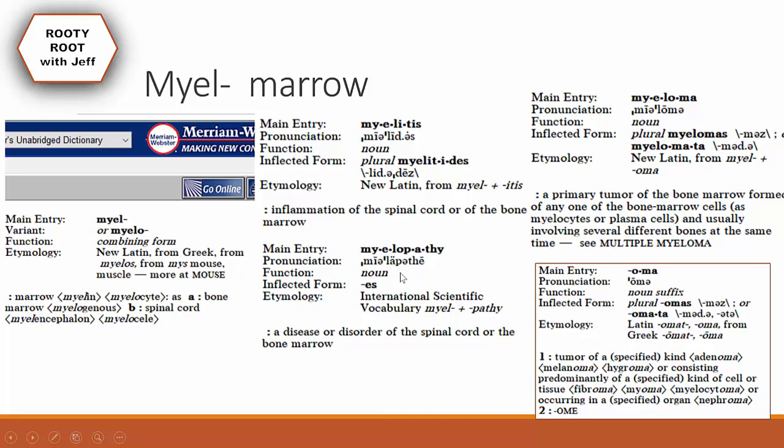Myelopathy, a disease or disorder of the spinal cord or the bone marrow. Pathy means like disorder, disease, psychopath. And myo means spinal cord or bone marrow. Myeloma, it means a tumor of the bone marrow. And it gets that definition because oma means a tumor of a specific kind. So myeloma is the tumor of bone marrow because myo means bone